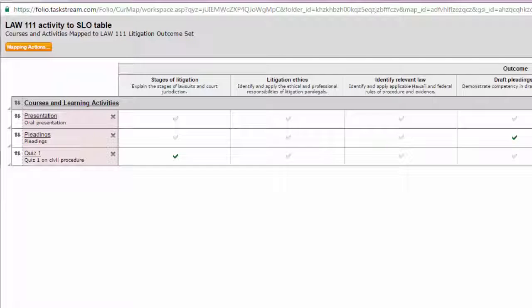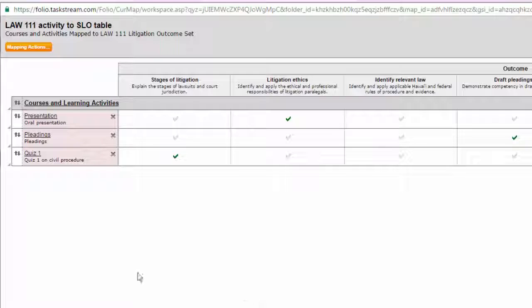So you can continue to build each of the different types of activities that you want to through the Create New Activity. You can add any new activity that you use, and then you simply have to ensure that you have at least one checkbox in one of the SLOs, because if you have the activities and they're not connected to an SLO, why are you doing them?